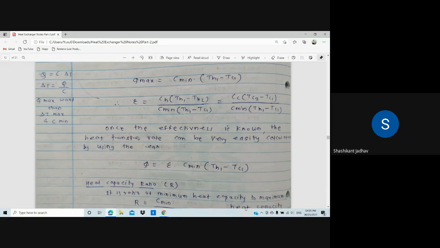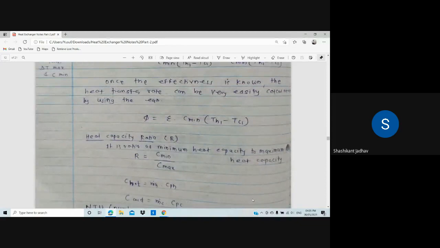Okay, so all of you write down, once the effectiveness is known, the heat transfer rate can be very easily calculated by using the equation Q is